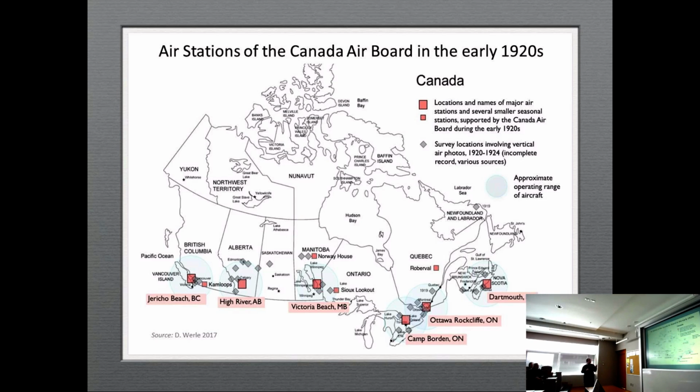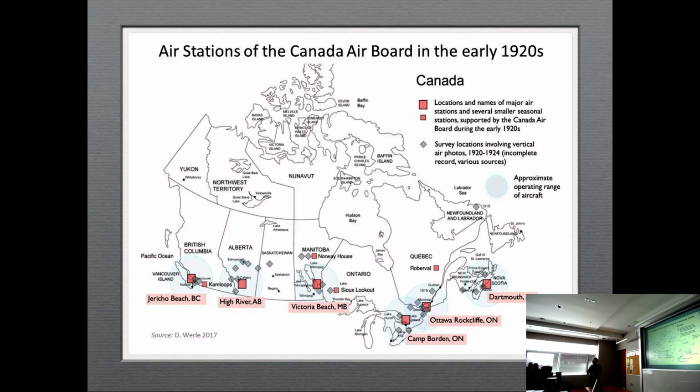Now, in Canada, the Air Board proceeded with the establishment of 6 different air stations, as they were called. 3 of them were seaplane based, and the other 3 were on regular landing strips. But this Air Board would not have been effective without a second component. And that second component, that convergence, consisted in what's called the aerial gift.